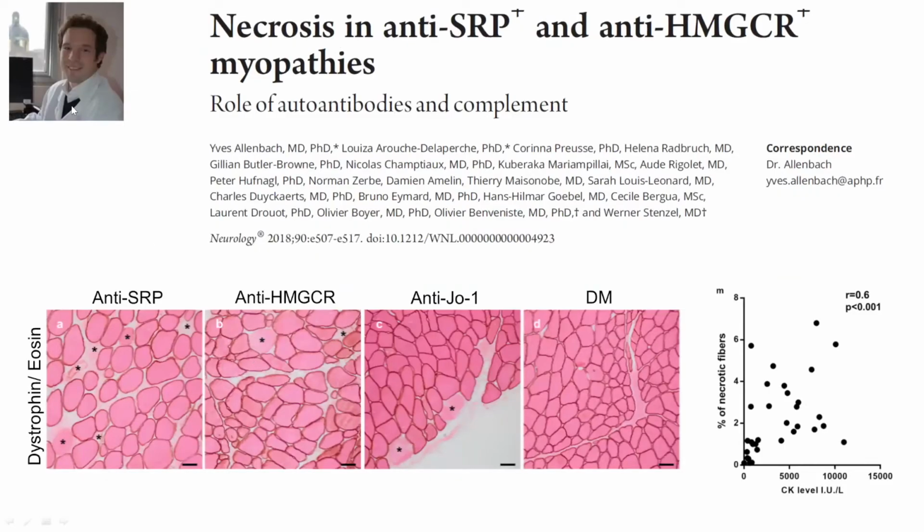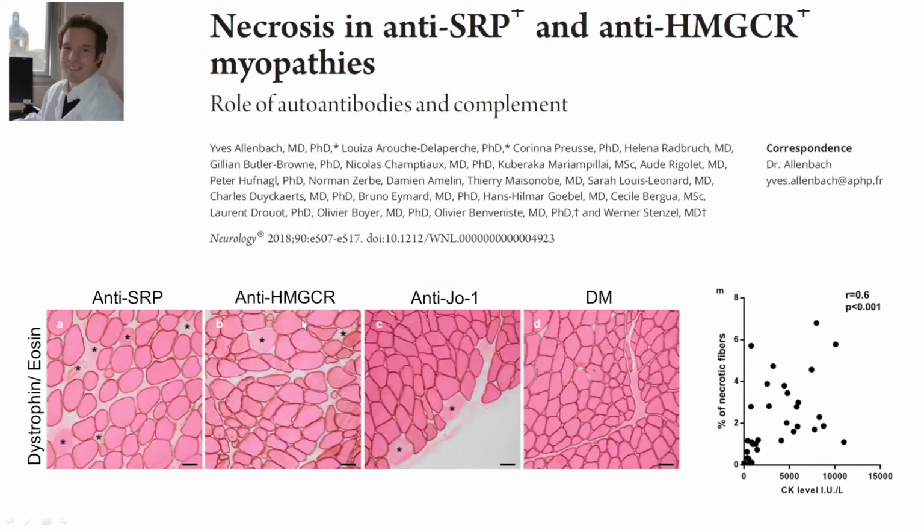That makes that even back, this guy asks if the antibodies by themselves are responsible for the necrosis. So to answer these questions, he first of all quantifies the number of necrotic fibers in patients with anti-SRP myopathies